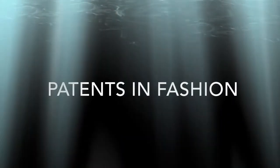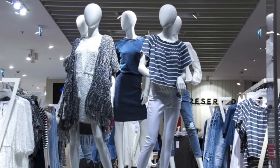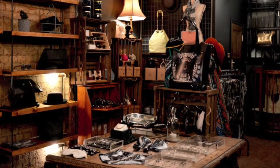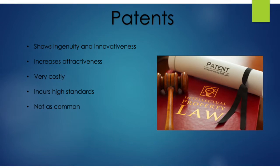Patents are another form of protection. They are registered intellectual property rights which protect certain new inventions and are legally enforceable and commercially exploitable. It is a right granted for any device, substance, method, or process that is new, inventive, and useful. A portfolio of patents can represent a brand's innovation and ingenuity when it comes to the brand's perception in fashion. However, this method can be costly and can incur relatively high standards. Because of this, they rarely arise in the world of fashion, and thus an emphasis is rather placed on other